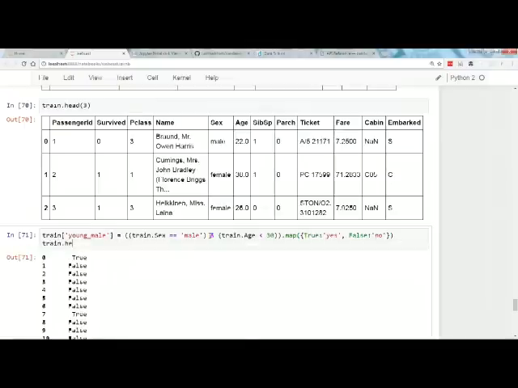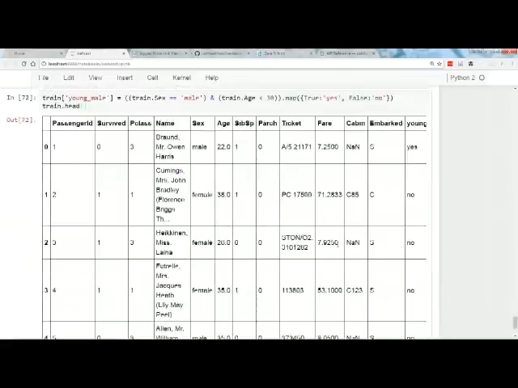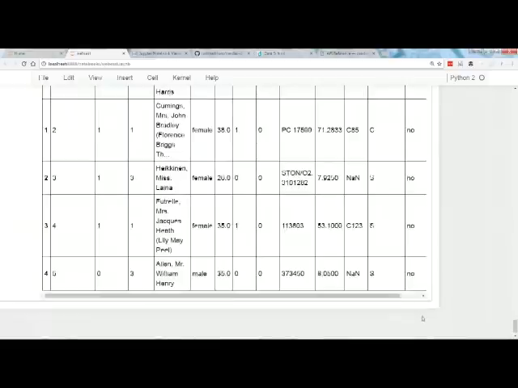And let's look at the head again. And look at that. We've got a new young male column that is yes if it's a male below 30, and no otherwise. Like here's a male that was 35, so it said no, okay?